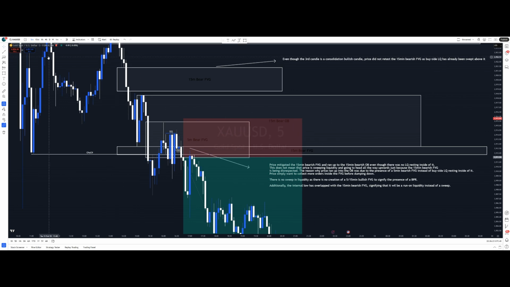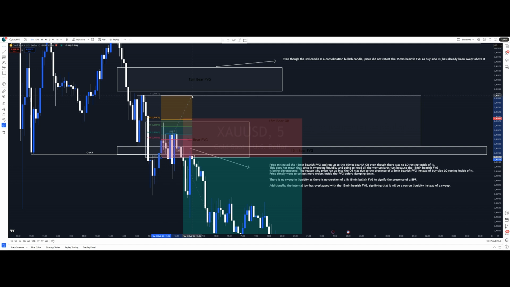So one way we can tell, by the extent of how price retraces to the 15-minute bearish order block, is looking at the imbalances of the point of interest that's residing inside the order block. So here is the 5-minute bearish fair value gap that's residing inside the 15-minute bearish order block. You can see that price completely mitigated it, right? Yeah, price completely mitigated the 5-minute bearish fair value gap,